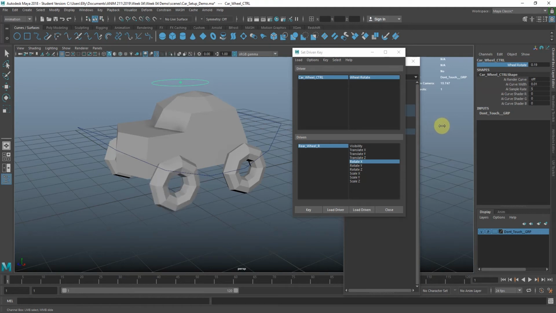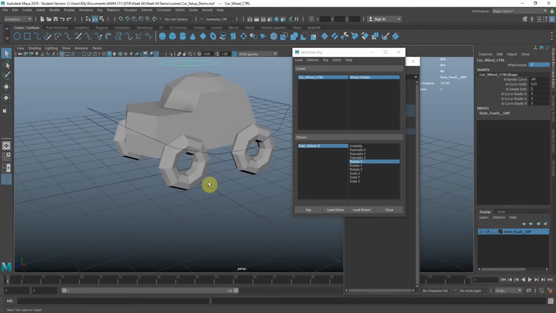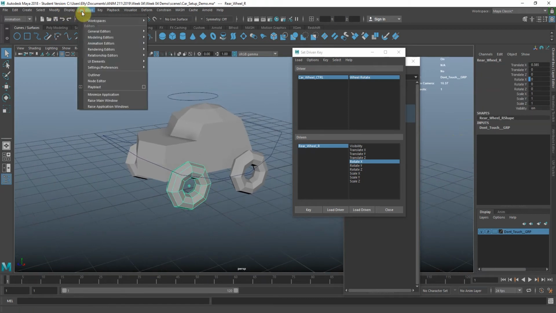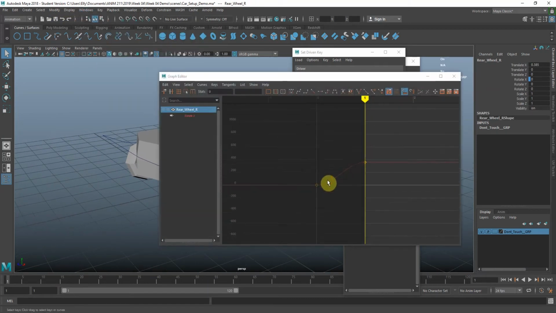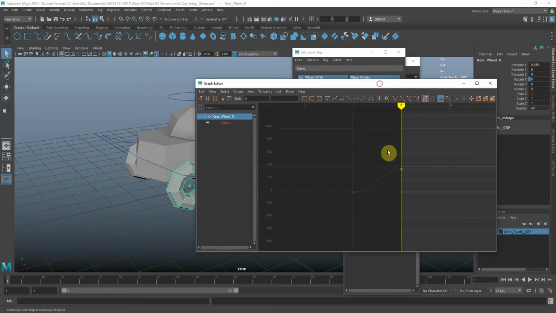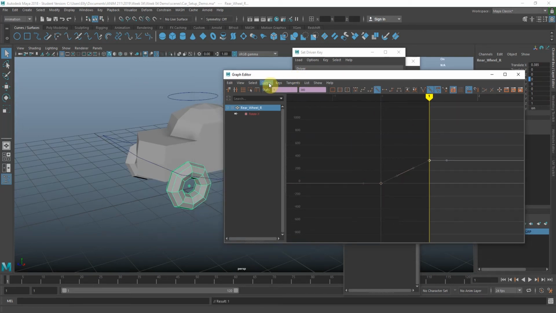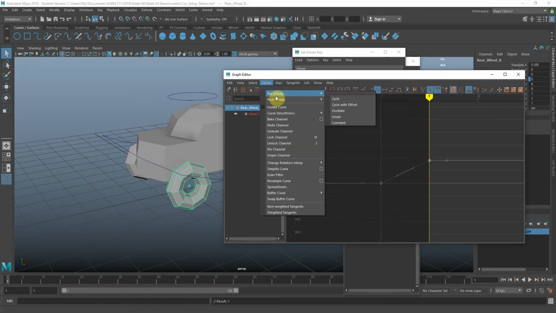But I want it so that if I keep dragging it past the value 1, it continues to rotate. So what I'm going to do is open up my graph editor, and I'll see that I have this curve here with my two set driven keys, and what I want it to do is loop continuously so that when I go past the value 1, it continues to roll. So first I'm going to set my keyframes to linear, and then I'm going to go to curves, pre-infinity, cycle with offset, curves, post-infinity,